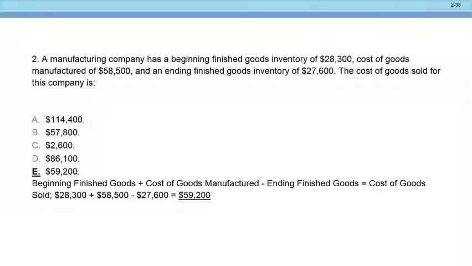Okay, so they give you the solution down here, but I would set these up like this every single time. I have beginning. I know I had adds for the period. That was my cost of goods manufactured. I would then put in my ending inventory. I know that that has to be there, and I know that the subtract is my cost of goods sold. I do my little side calculation. I'm good to go on this, right? Okay, good. Let's take a look at this next one now.